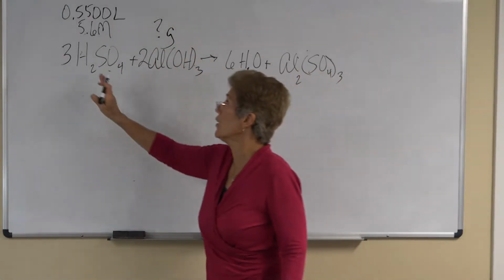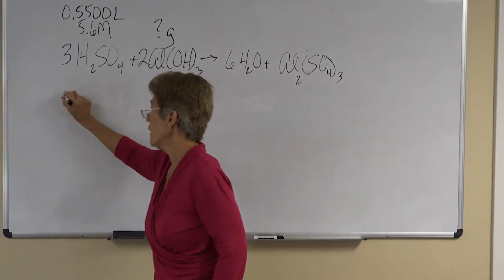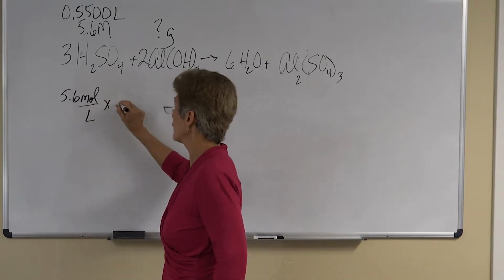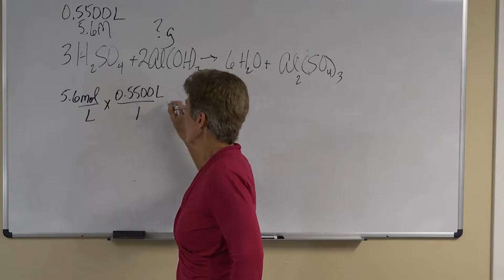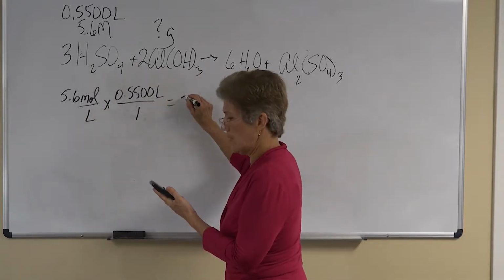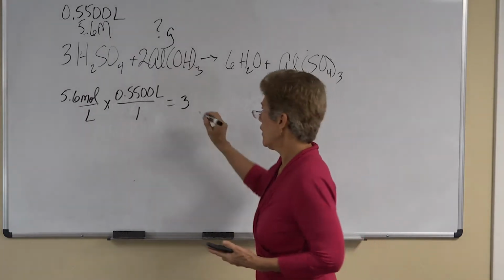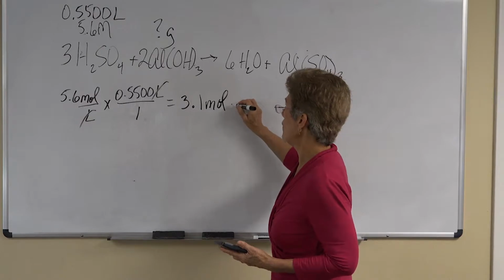Well, we know we're going to go from here through the moles to here, and then we can get to the grams very easily. So our moles are hidden in the molarity. Two significant figures. What comes out of my calculator is 3.08. So I'm going to make it 3.1. So that's moles, okay, of